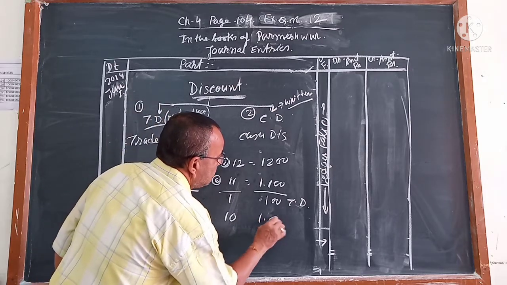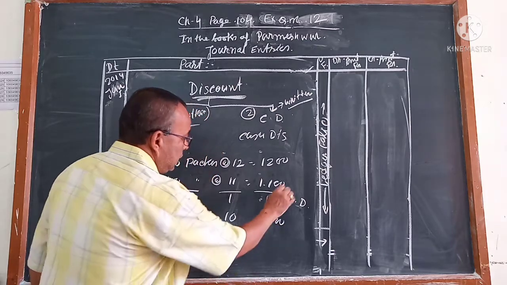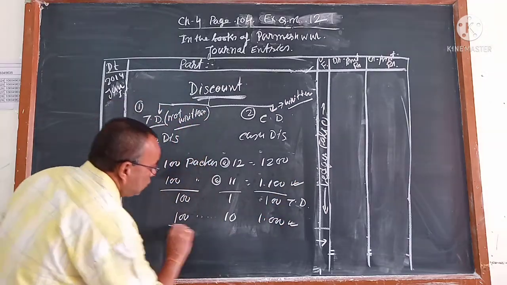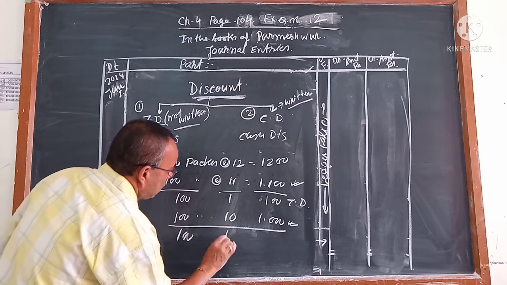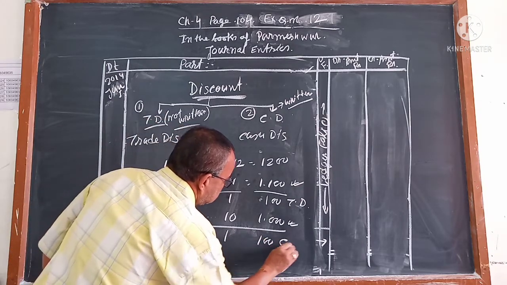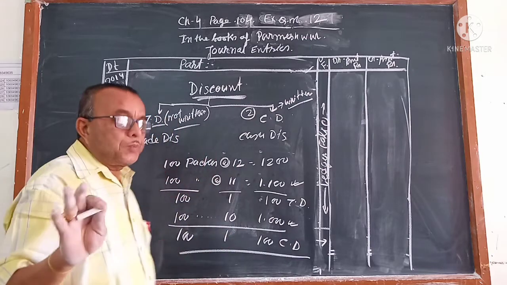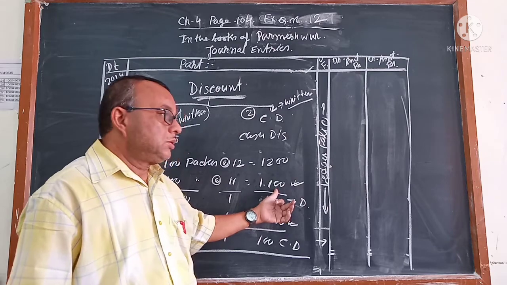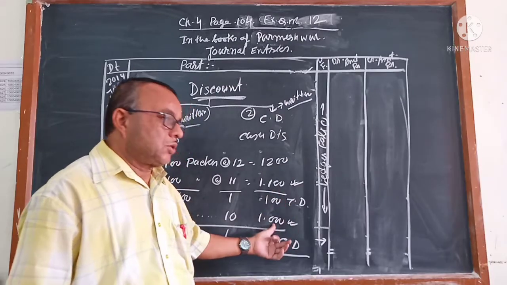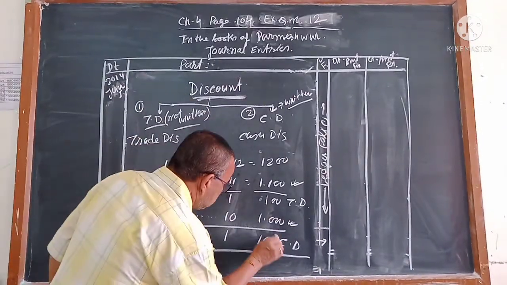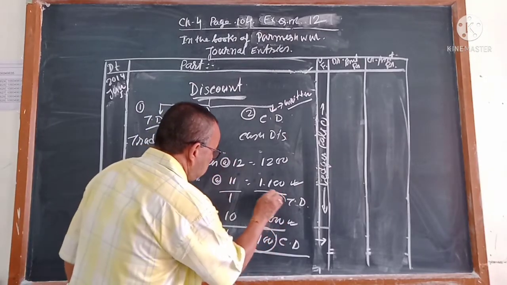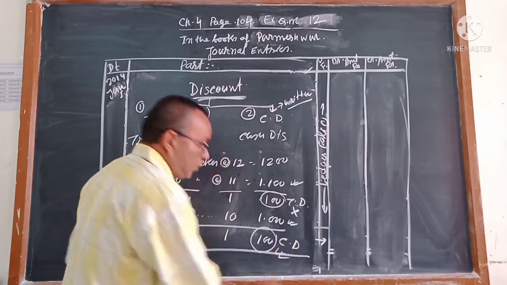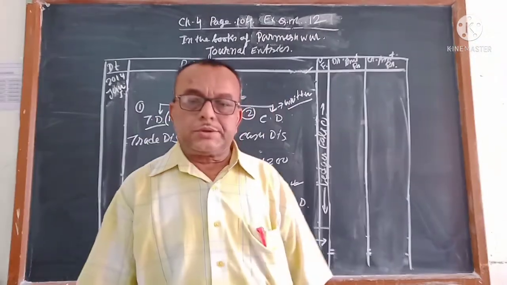So he will get, this is 100. Instead of paying 1100, now he will pay 100. And one more discount you are getting, that is called 1 rupee. And again, this is called C. Actually, how much you are paying? Instead of paying 1200, you got trade discount 100 and you got cash discount. But the cash discount amount will be written somewhere, the trade discount amount will not be written. This will not be written anywhere, this will be written somewhere. But we will calculate it.